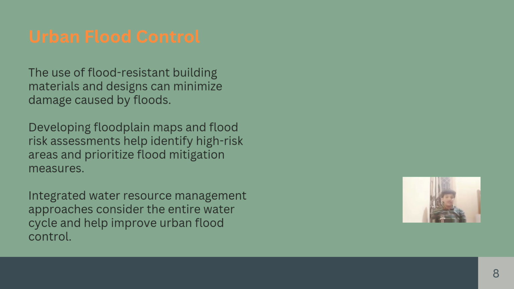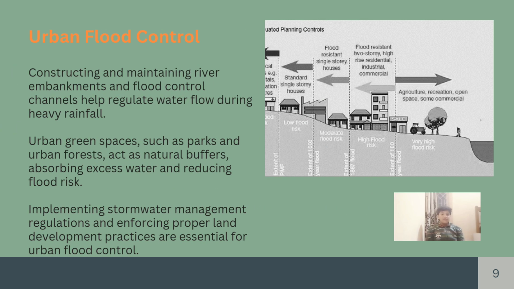Integrated water resource management approaches consider the entire water cycle and help to improve urban flood control. Constructing and maintaining river embankments and flood control channels help regulate water flow during heavy rainfall. Urban green spaces